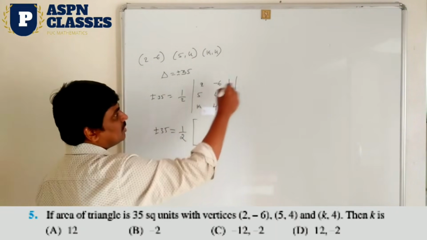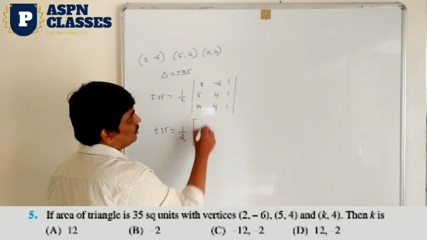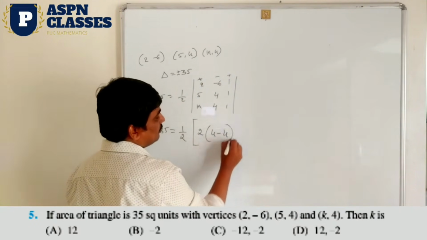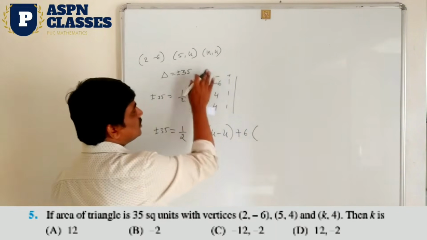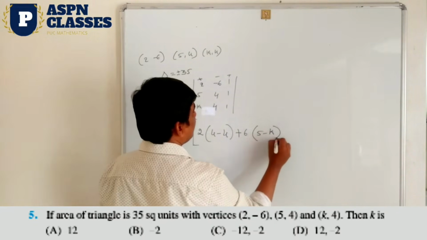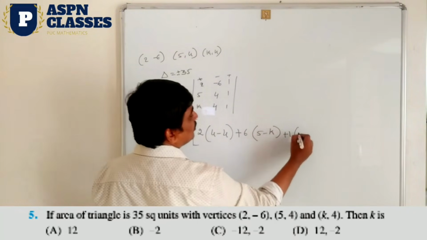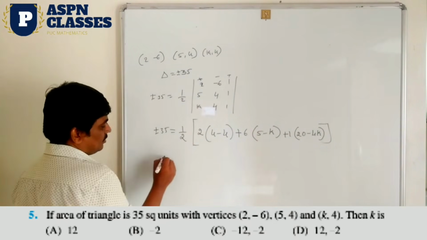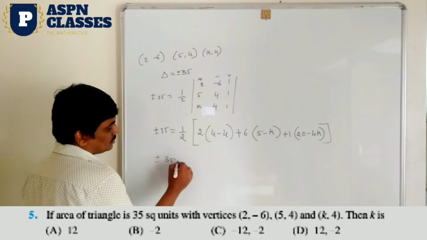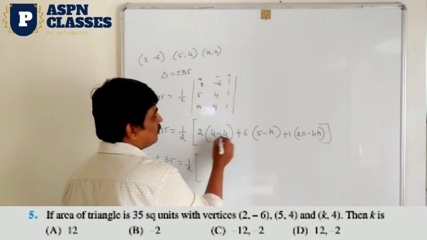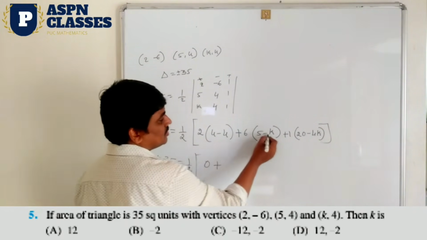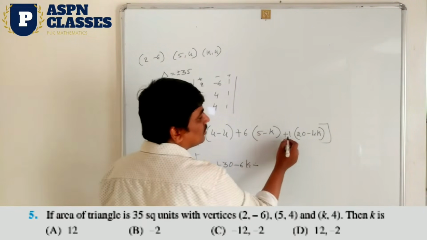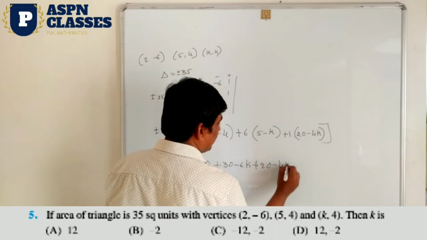Okay, so expansion along the first row only, take it here, 2 into what is the sign, plus or minus, a plus, right? So 2 into bracket, 4 into 1 is 4, again 4, minus minus plus 6, so these two are cancelled. It means 5 into 1, 5 minus k, again plus 1 into bracket 5 into 4 is 20, minus 4k. Is it clear? So next step, observe here, 35 equals plus or minus 1 by 2 into, so 4 minus 4, it means this result is 0 only, plus 6 multiplied here, 30 minus 6k plus 20 minus 4k.